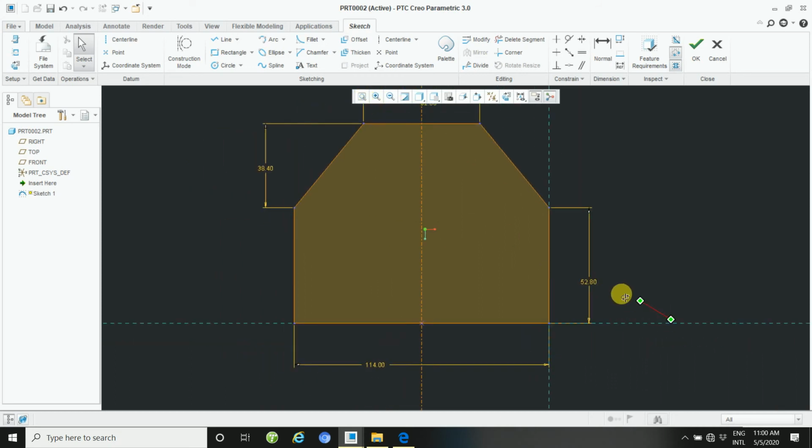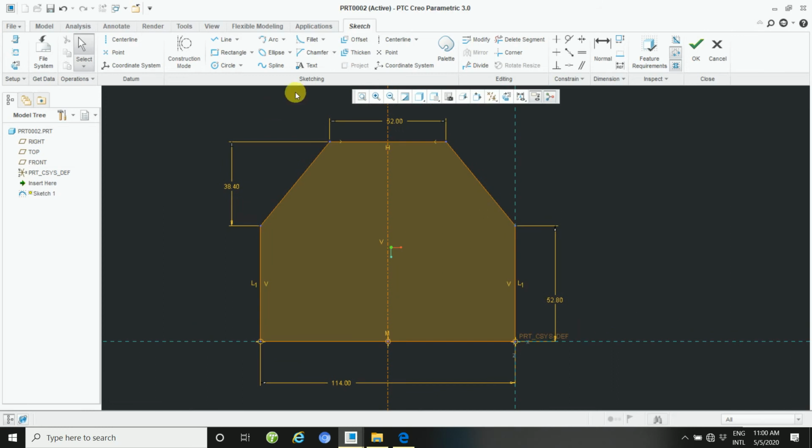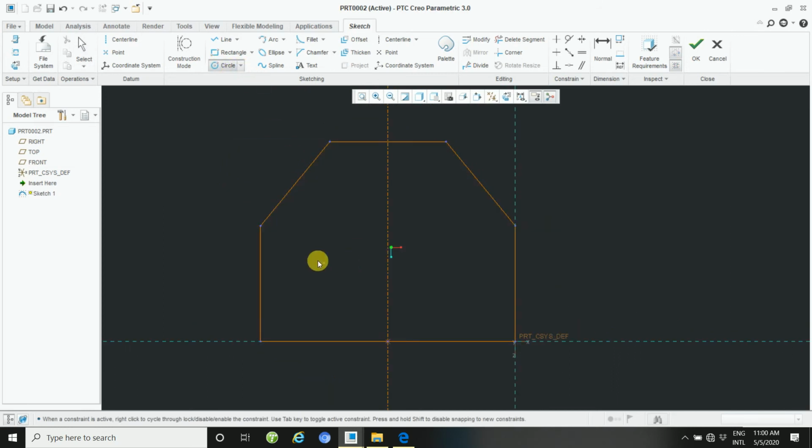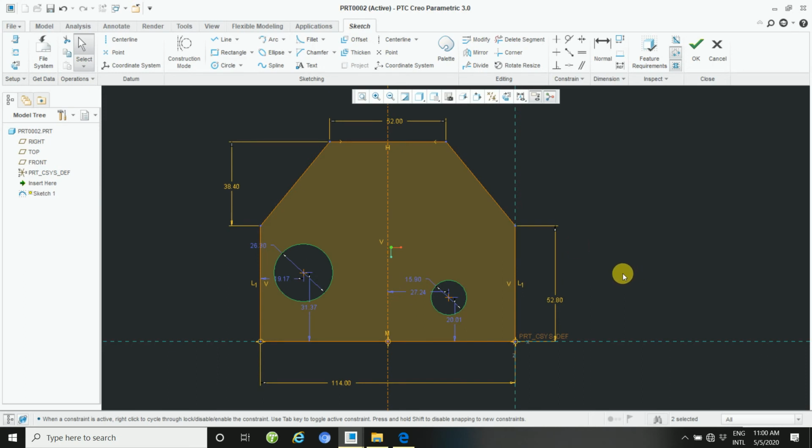And then take a circle here, draw a bigger circle, and then here a smaller one. Then mouse middle button, click two times. And then take normal as usual. Here this circle height is 43.2.